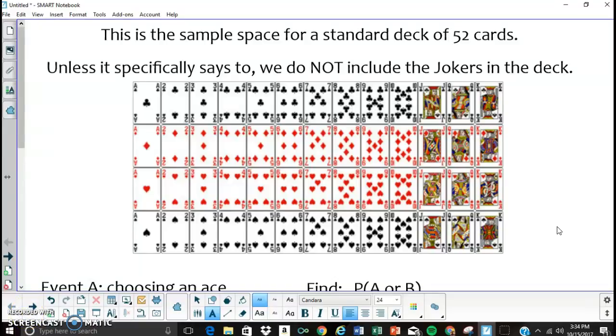Hello folks, we have here a standard 52 card deck. No jokers. We don't include the jokers unless it specifically says to, so you shouldn't really need to ask. It'll say to if you don't hear it. Standard 52 card deck, then no jokers. But for those of you who are not familiar with a deck of cards,